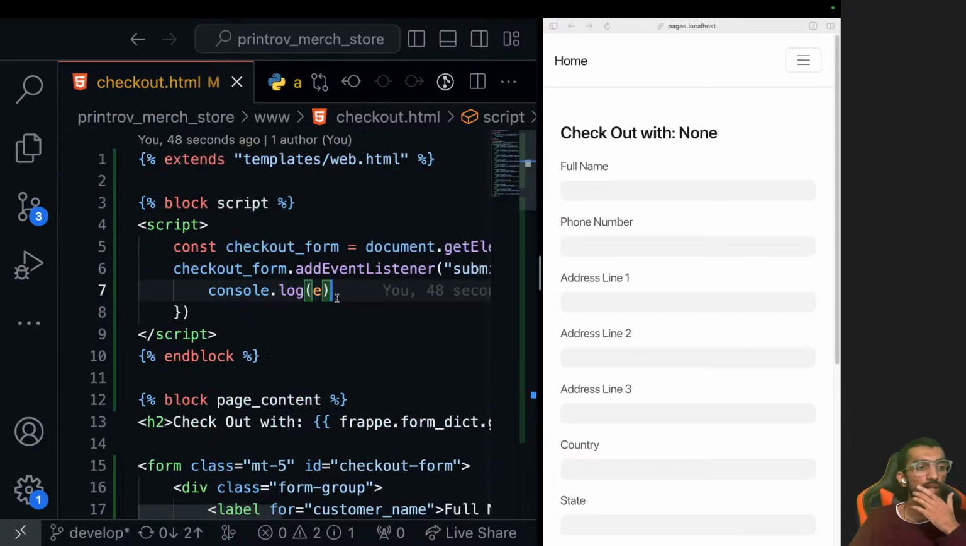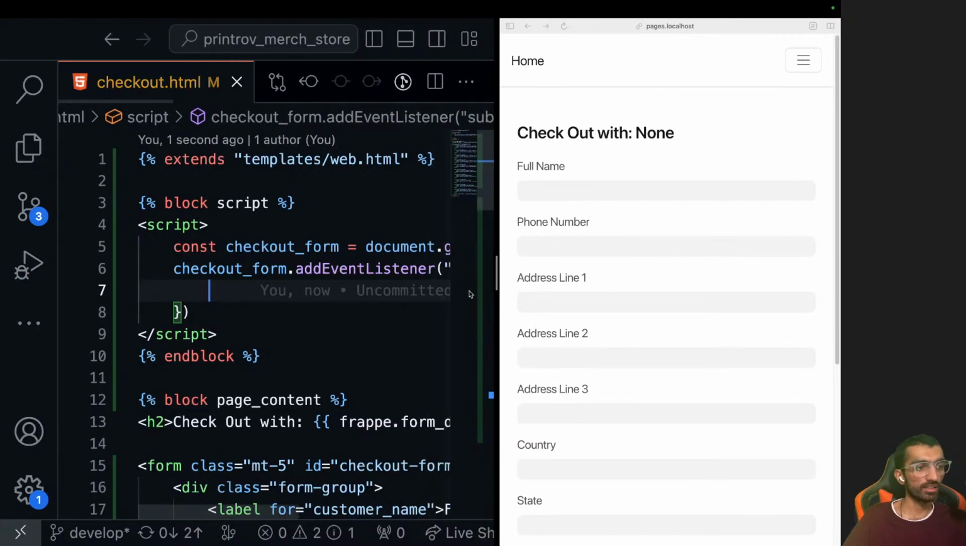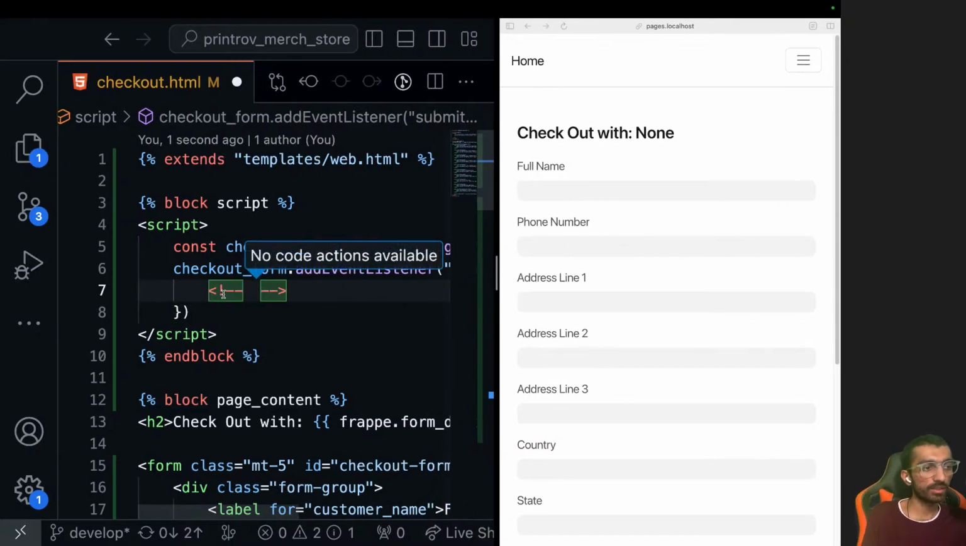So now we have to handle the form submit. Let's start with the Razorpay integration now. We still have 30 minutes left, so let's see how much of the integration we can get running here. Once we have the Razorpay integration, we will